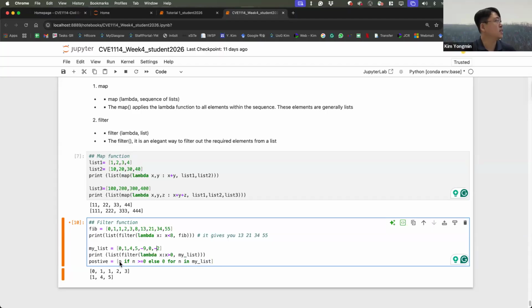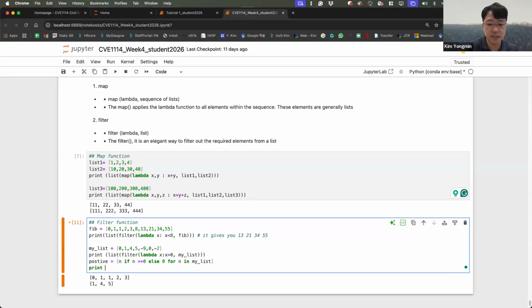And then if n is greater than or equal to 0, print it as it is. But if this n is now -9, this expression is false, then -9 is replaced with 0. So I will print my positive.